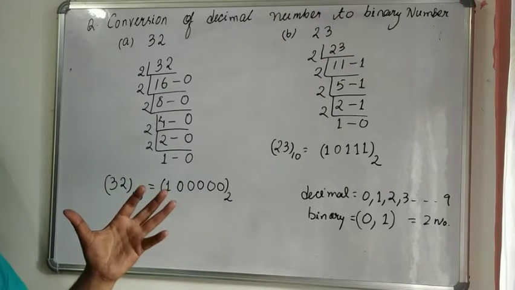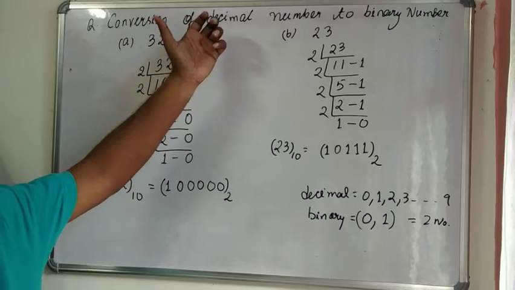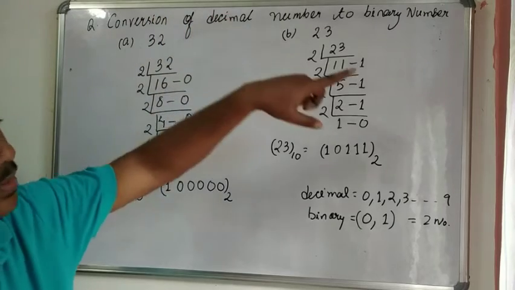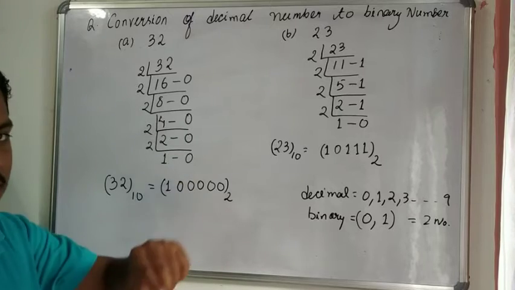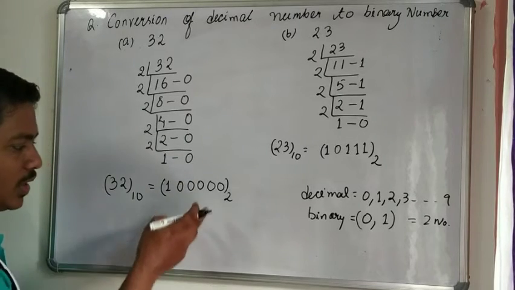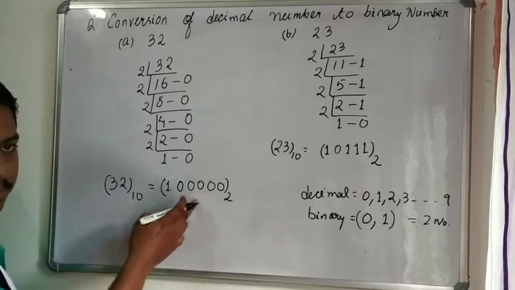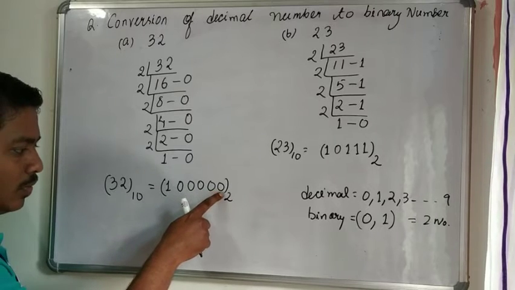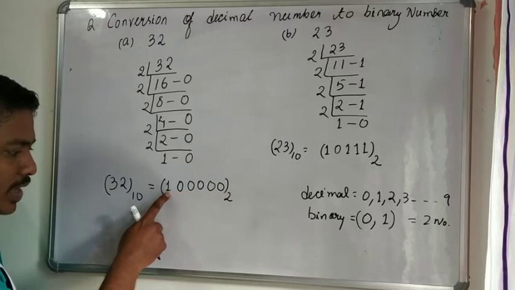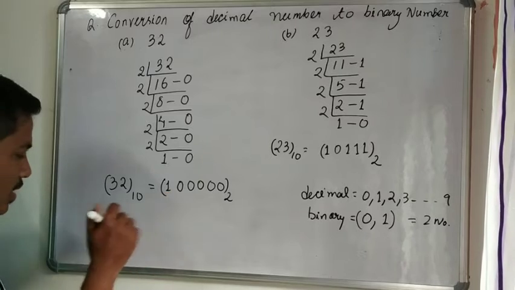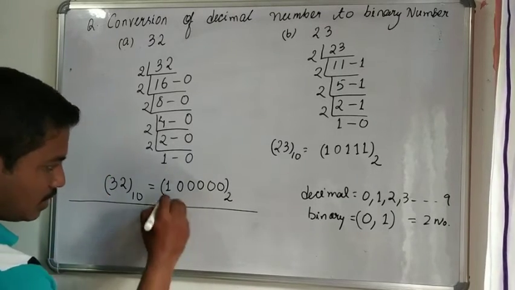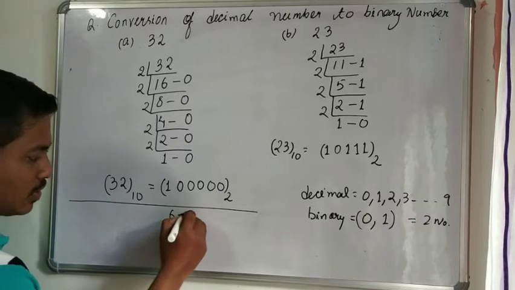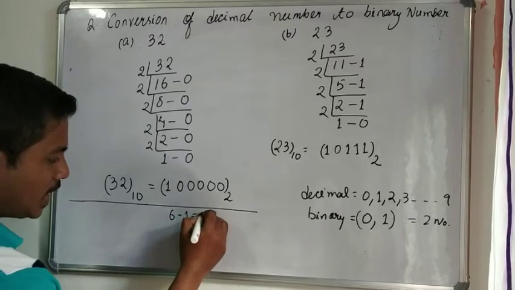We have also discussed how to convert a binary number system to the decimal number system. If I convert this binary number into a decimal number, what do we need to do? Firstly, we have to see how many digits there are: 1, 2, 3, 4, 5, 6. Total 6 digits are there. So the total number is 6, you subtract 1 from it, and you get the answer as 5.